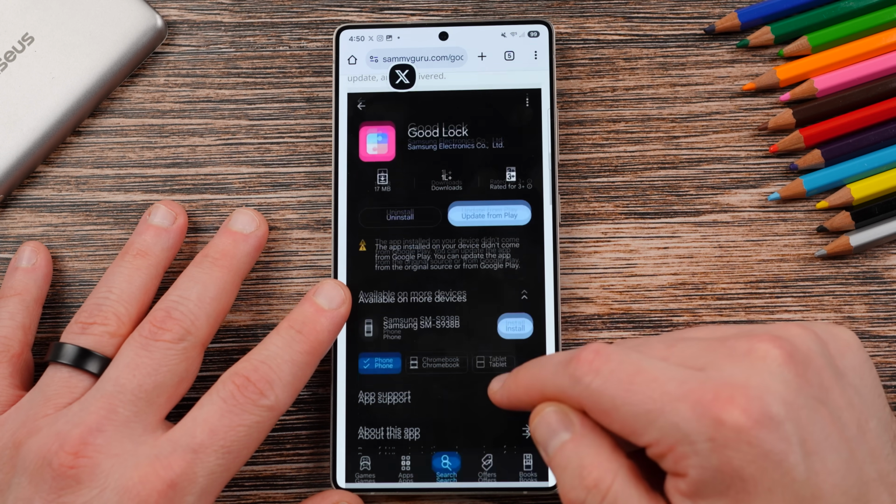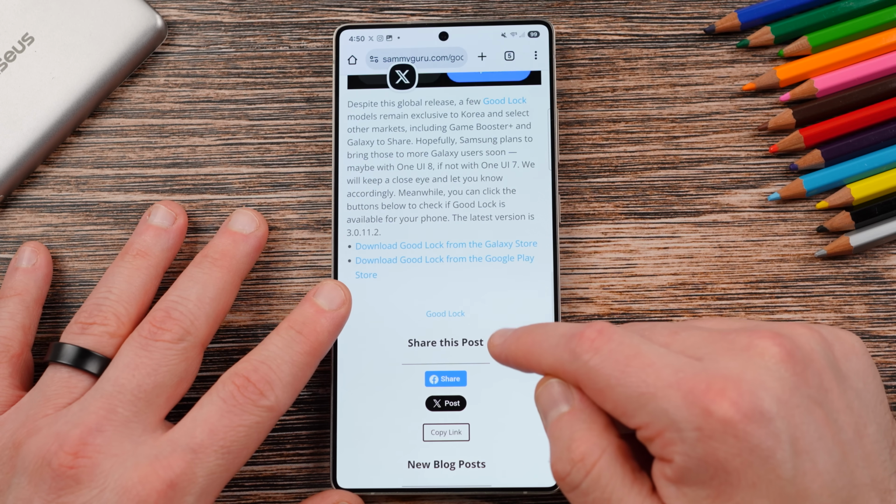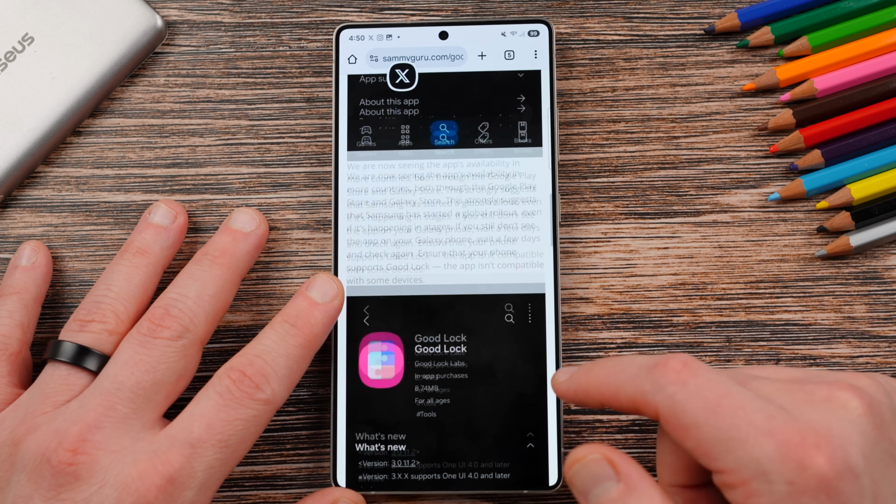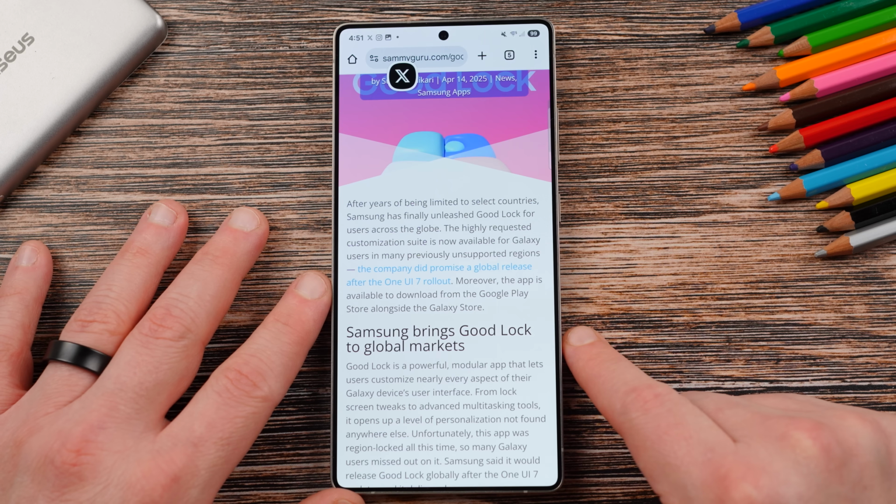It's now global. Check out our article. You can download it from the Play Store or the Galaxy Store. Let me know which region you're in. If for some reason it's not available in your region, we'd love to cover that as well to make sure